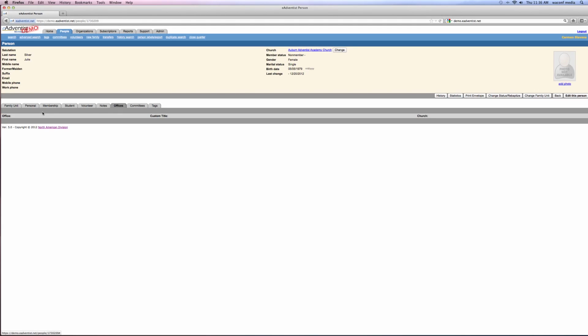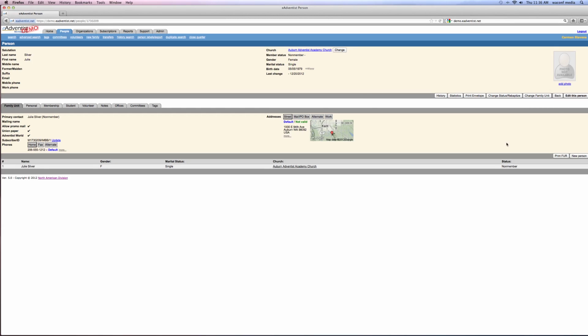For offices, this is if she holds any offices in the church. Maybe Julie is the clerk of your church, so this is where it will come up and say that. If she's on any committees, and here's the tag, one that we don't really use. So going back to the family unit, when you're through with all this, you can see that she is listed there. From here, I'm going to go